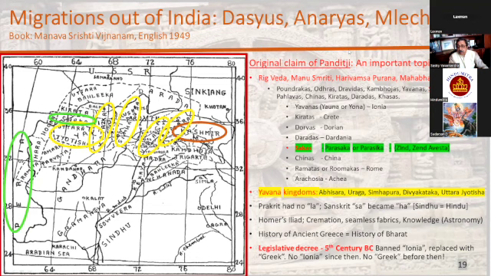Okay, so they might have done something more than this, right? Whatever the example you are giving, they might have done something more than this and completely went against the dharma. That's why that expulsion happened. Correct. Can I consider that? Yeah. They were expelled, and it was primarily the kings. And when the king was driven out, then some of his subjects followed him. And so over time, these became larger and larger communities that decided to migrate.